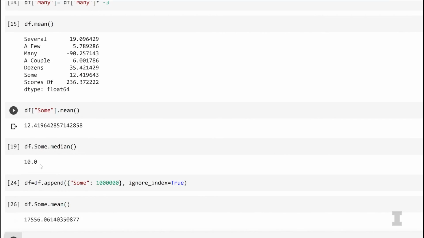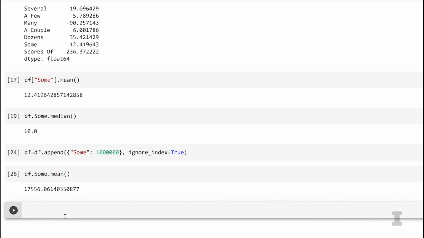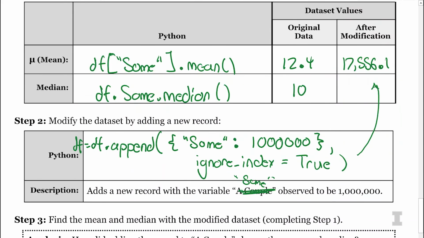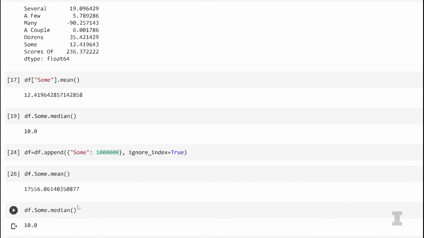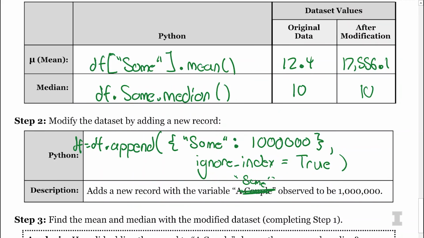And we got 17556.1. Wow. So our mean went from 12.4 to 17,000. It's huge. Let's see if the median does the same thing. I'm going to do df.sum.median. And we get 10.